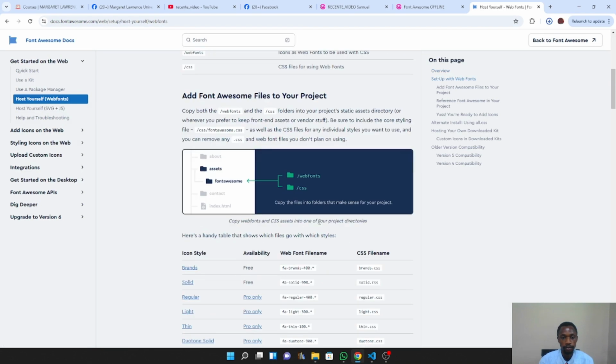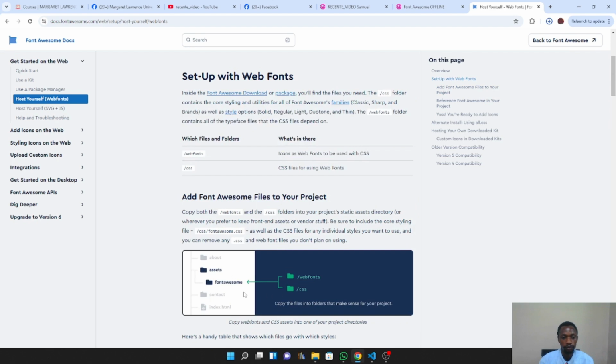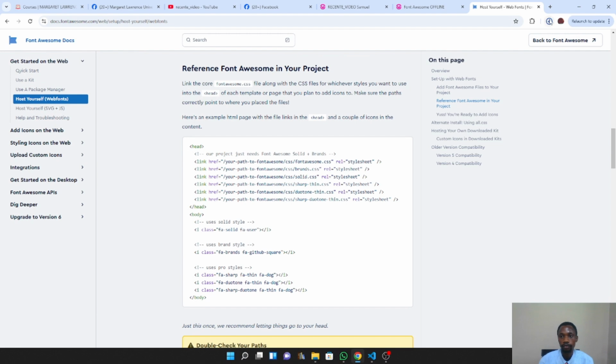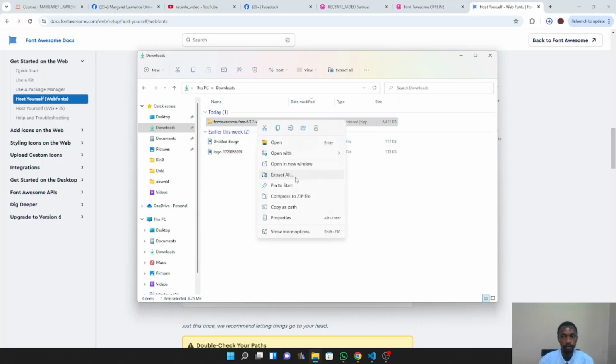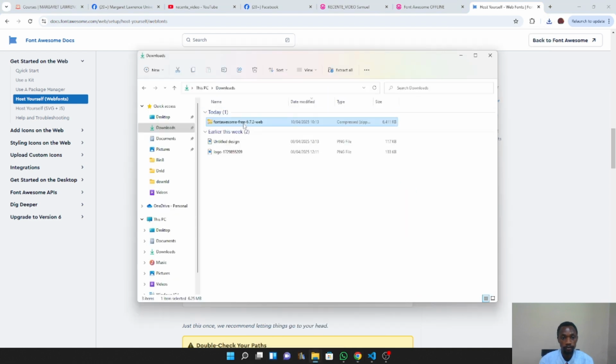Click on that. This is going to tell you how to move the file and how to connect to it. So first we're going to download. After downloading, we're going to move the downloaded zip file from the download folder. We're going to copy this. Make sure it's completely done. Okay. Now we're going to copy this file